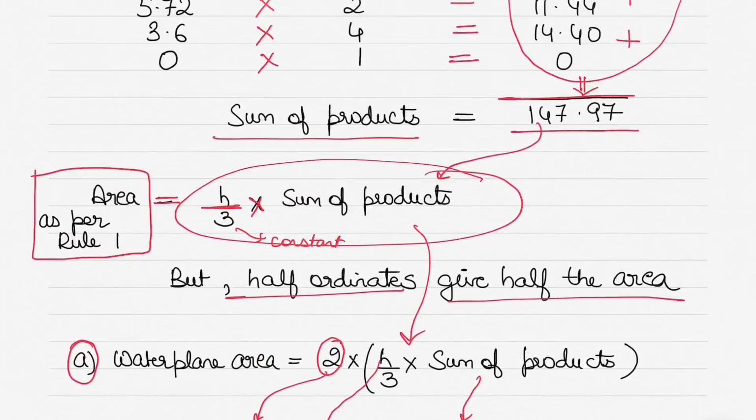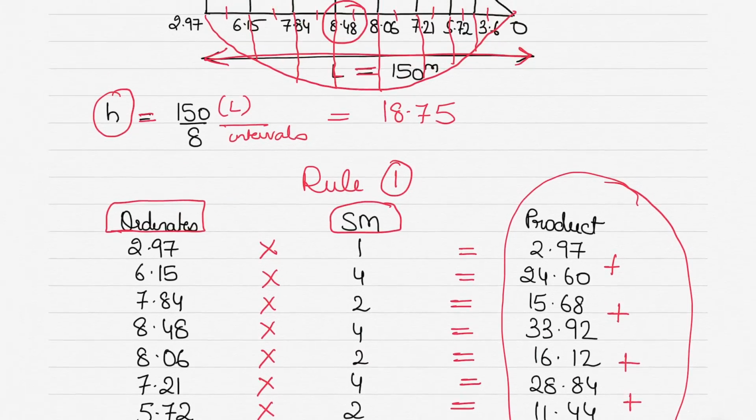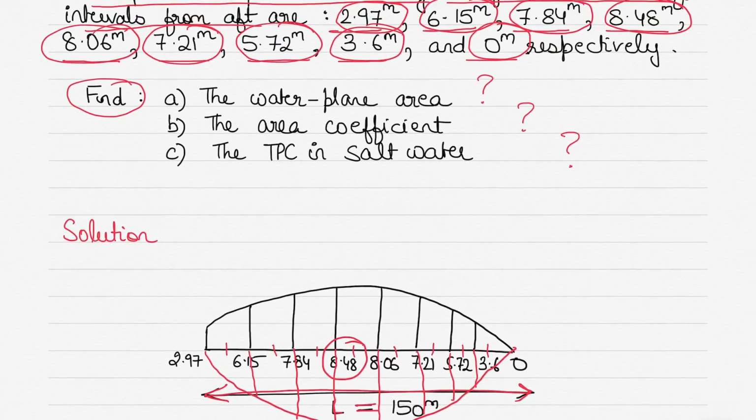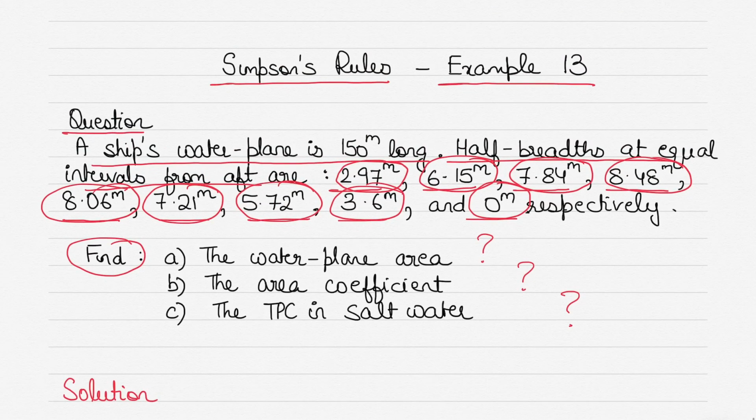Alright, so I have taken up example 13 for application of Simpson's rule. I will put up more examples of advanced ship stability. I have been requested by some of you special members who are supporting the channel to put more videos on Simpson's rule. So I am going to focus the next few weeks on advanced stability and advanced navigation, which will really help you. And if there is any other topic you want me to cover, please let me know. I'll be happy to do that.